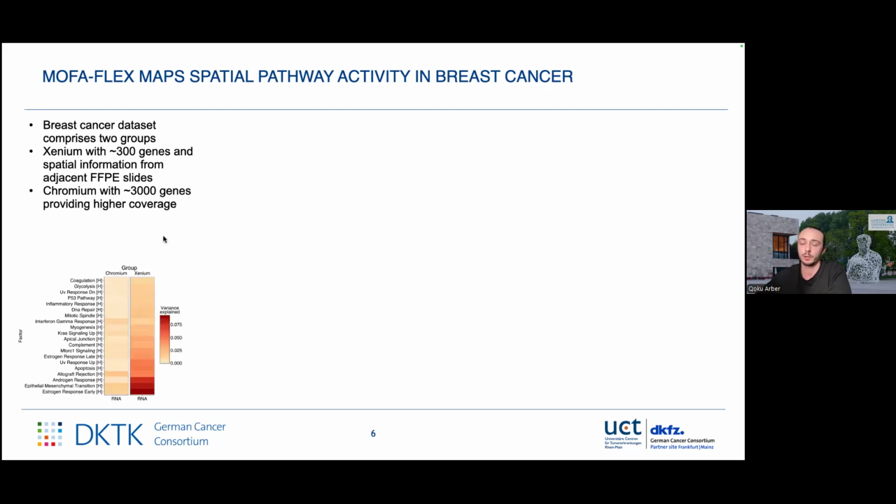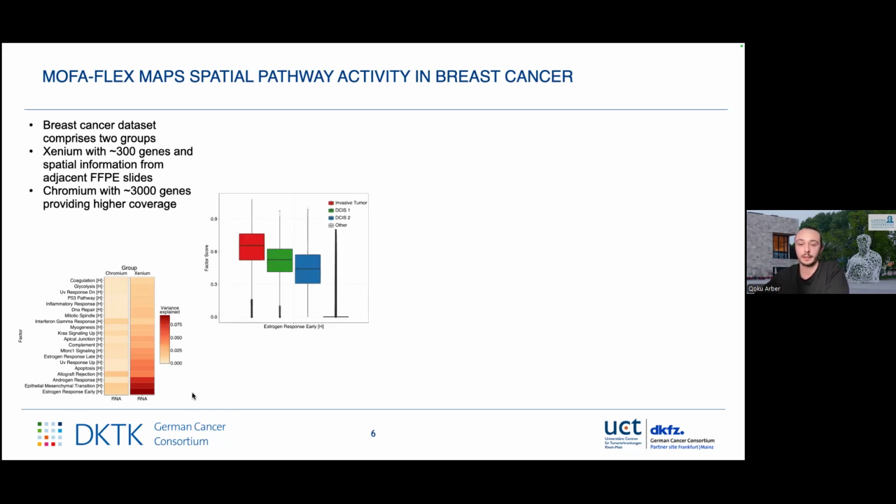Again, we inform the model with gene set annotations coming from the hallmark, so that's why the H here, to try to figure out what are the main drivers of variation in this particular data set. And we see here that estrogen response is highly regarded as the most important in this particular data set. Then we have androgen response, apoptosis, then again estrogen response late, apical junction, and so on.